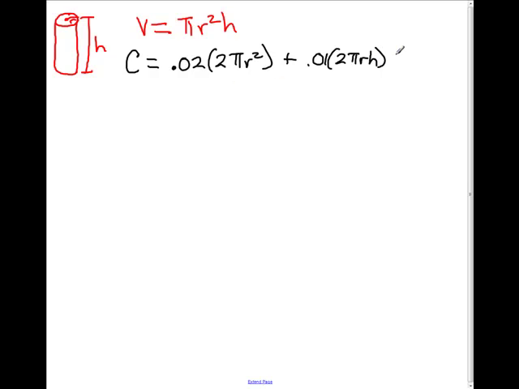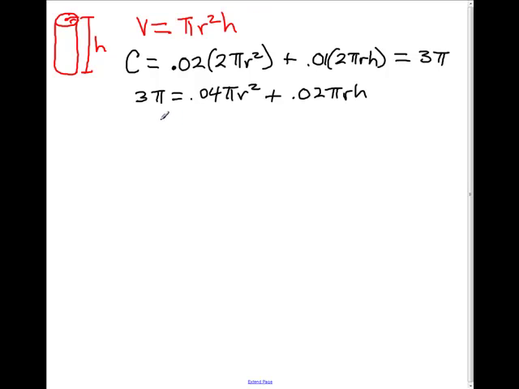Okay. Well, they also tell us that that's equal to 3 pi in the problem. Okay, that the cost can't be any more than a value of 3 pi. So we can simplify this and we get 3 pi equals 0.04 pi r squared plus 0.02 pi r h. Well, obviously we're going to have to solve this for h to substitute it into the volume